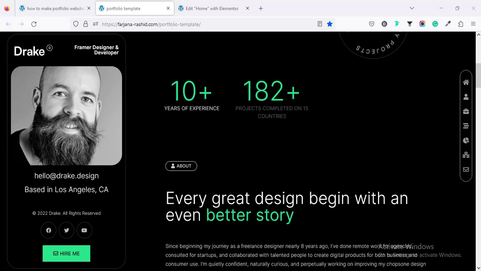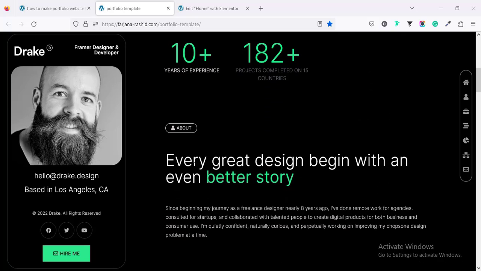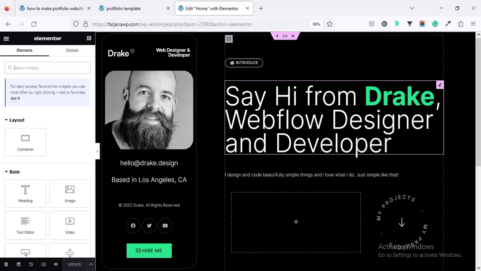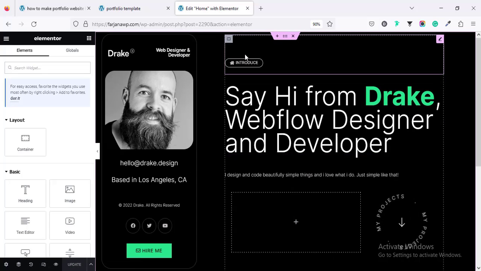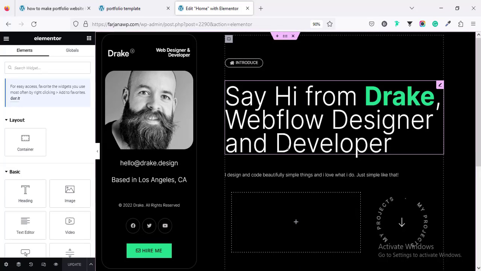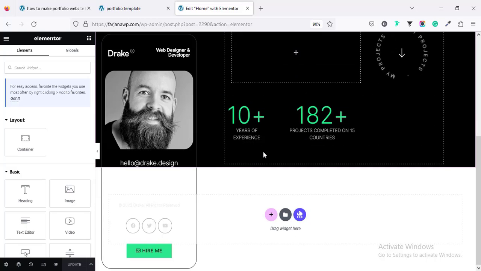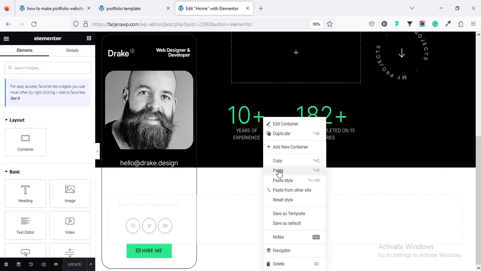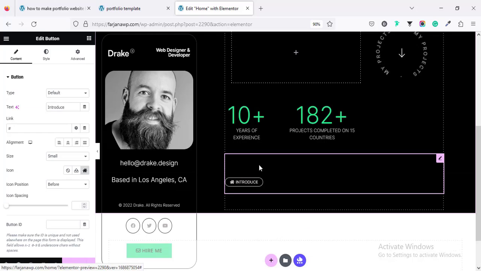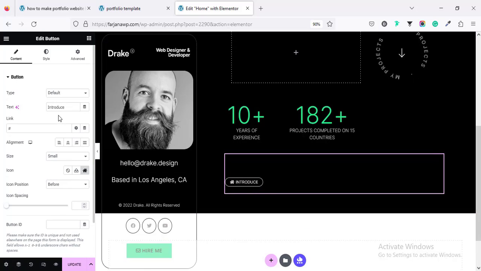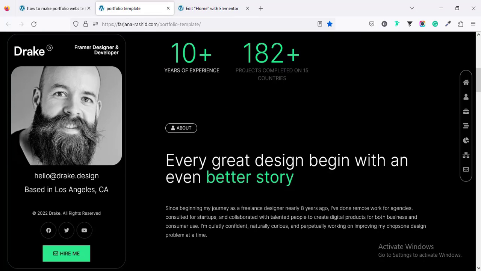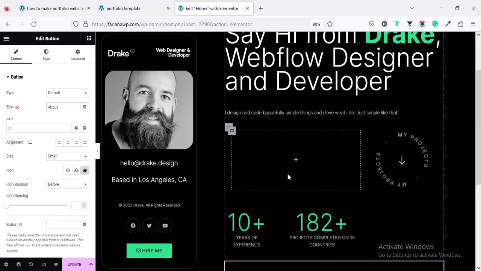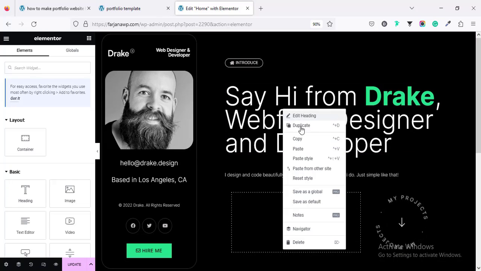Now if I go for the next section, here is about, and here will be some title text and small text. So let's go ahead. First of all, going to copy the introduce, and then going to paste it, and we can keep all as it is, only we can change the text to about. And then there will be title, so we can copy this text